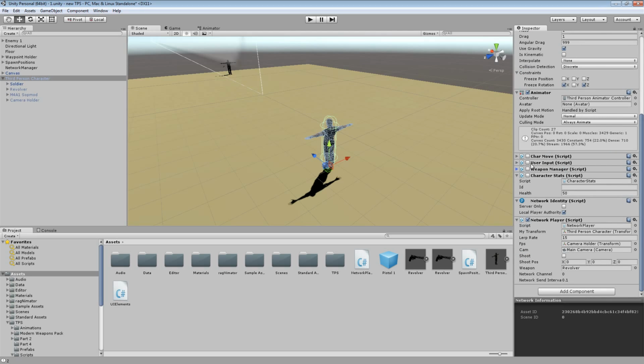So the character movement, the user input, the weapon manager, the character stats, all of this,